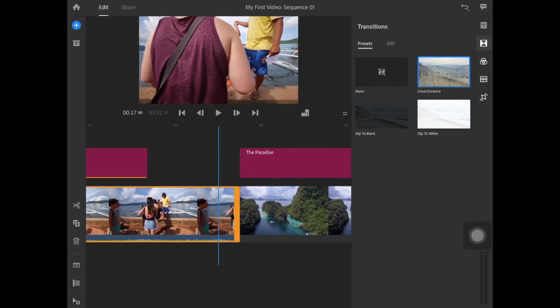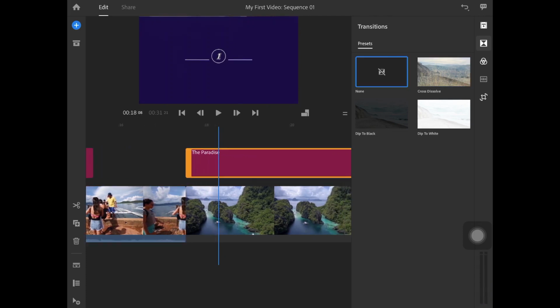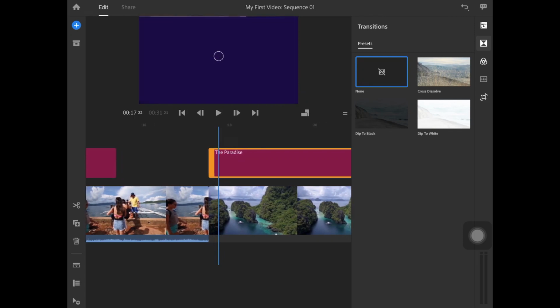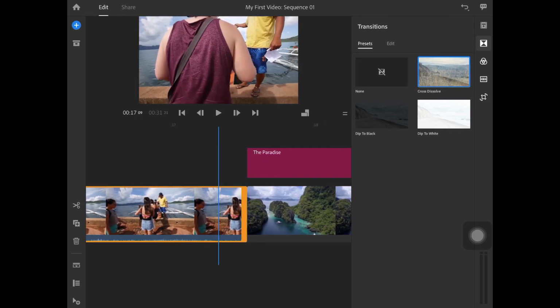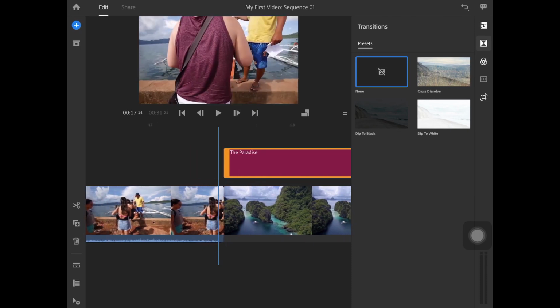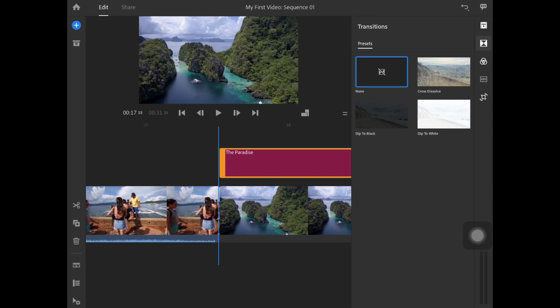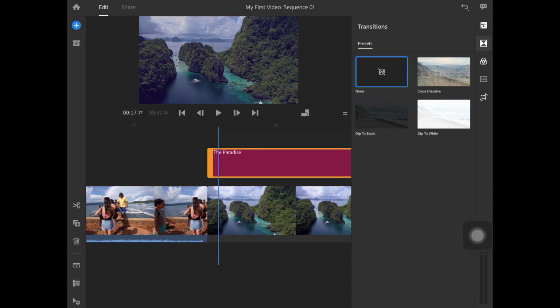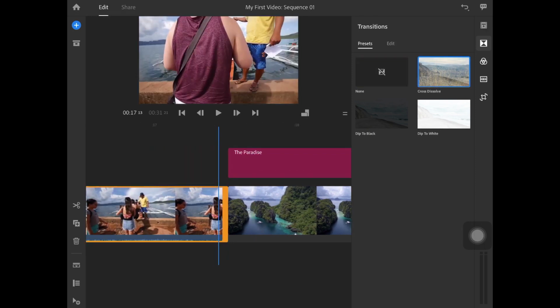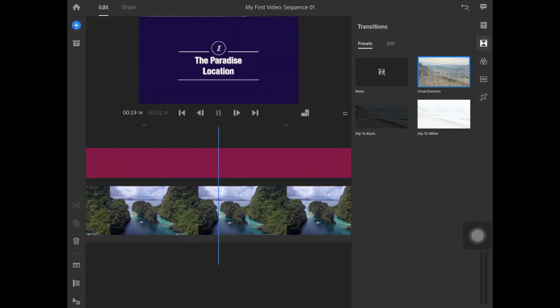How does it look without this? Again, there's an abrupt introduction. But if you see this one, let me expand. It shows the beginning of the 4th video, and then the text template follows over it. So maybe I will actually introduce cross dissolve here, and let's see how that happens. See, that's how it looks.